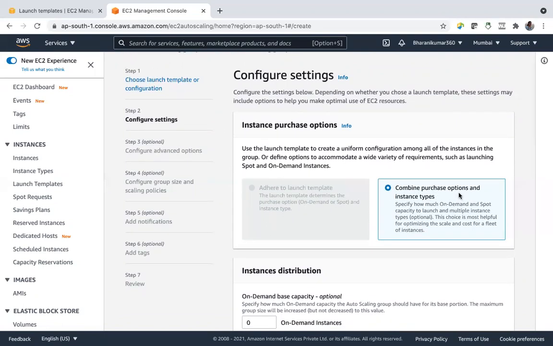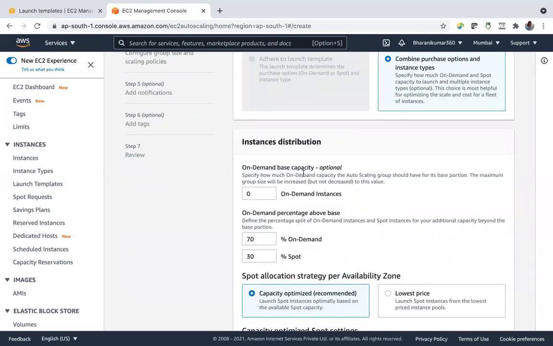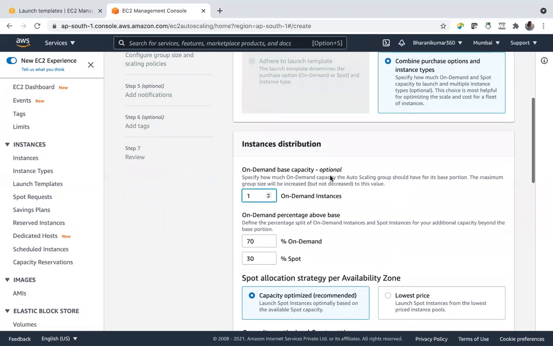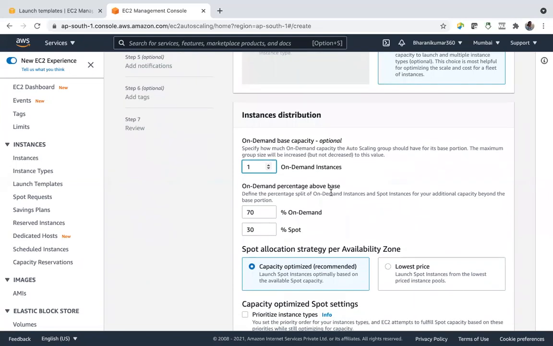So combine purchase options and instance types. So on-demand capacity. Let's say 1. So on-demand percentage value base. So this is about your pricing model. You can see on-demand, spot, right?